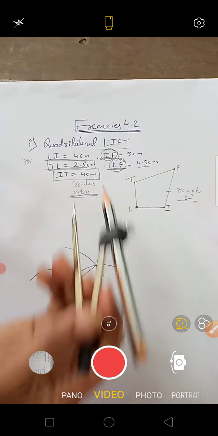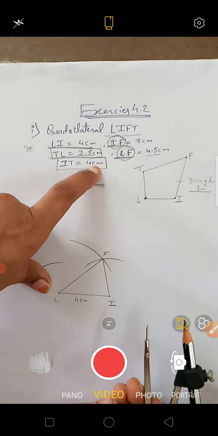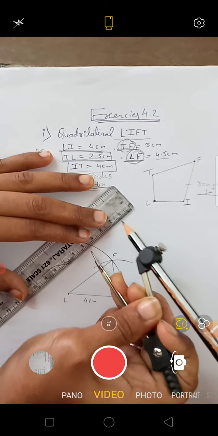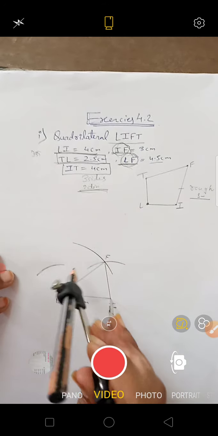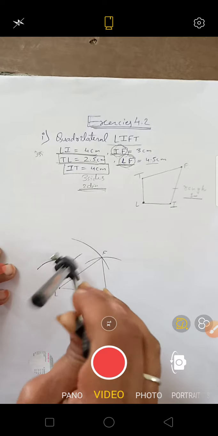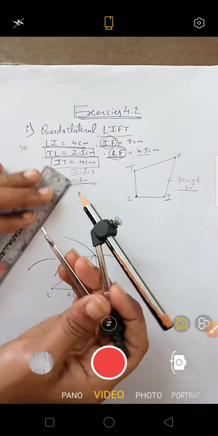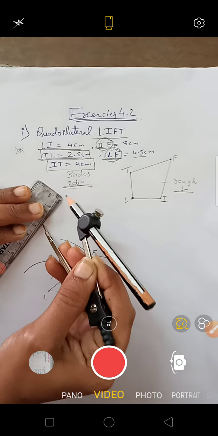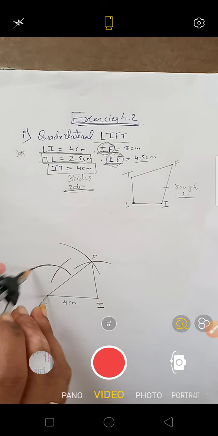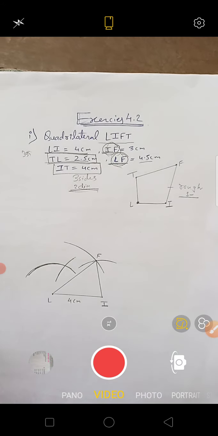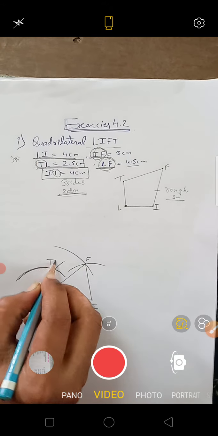segment. Then similarly, taking I as center, we draw an arc of radius 4 centimeter. For that we take 4 centimeter of distance using ruler and compasses and we plot it. So here I as center, we plot the arc. Again it does not intersect, so we take L as center and 2.5 centimeter distance, because we did not completely draw the arc. So here we draw it, and it intersects at a particular point, the common point in both, and the common point is T. So we name it T, the intersecting point.